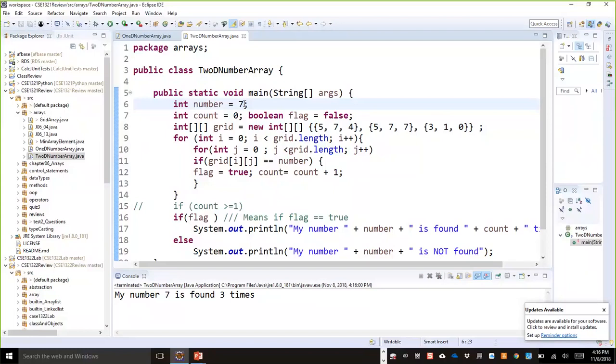So what changes have I done? I have done some changes on line 8. On line 8, in order to declare a two-dimensional array, I need two pairs of square brackets. So on line number 8, at the beginning, I am taking a square bracket. And then my array size is 10, I did not need to make any change. And then after integer, I need another pair of square brackets. After that, in order to assign these values